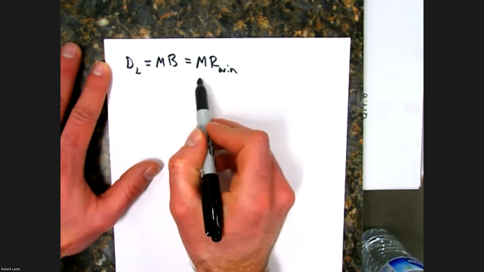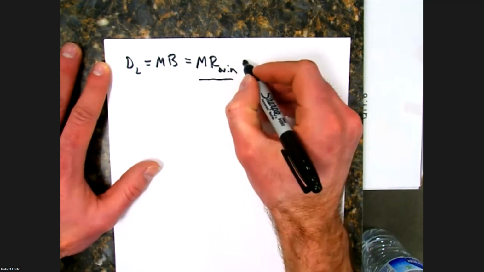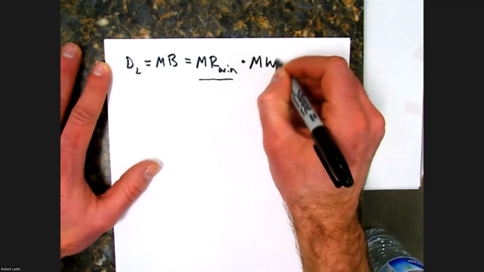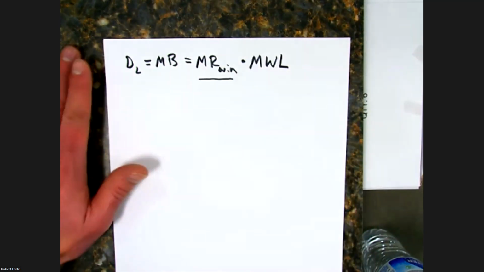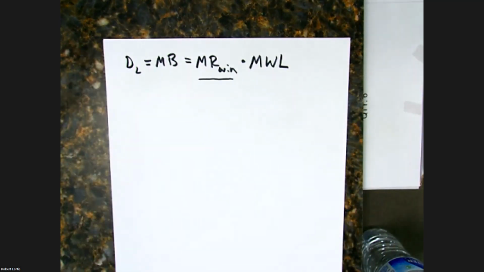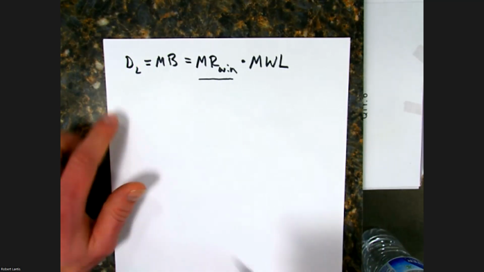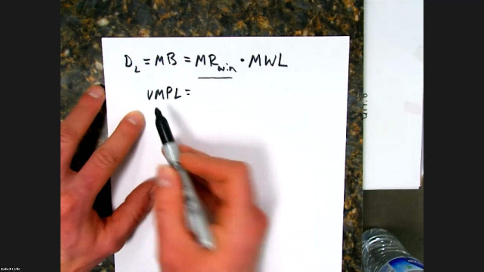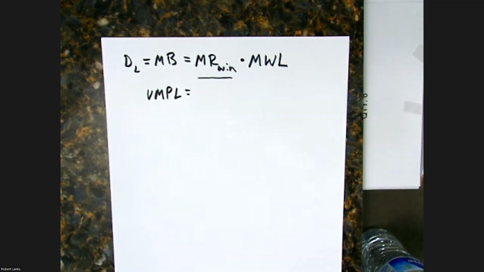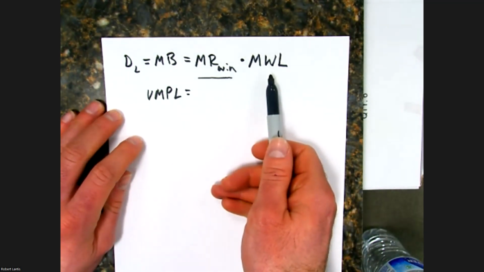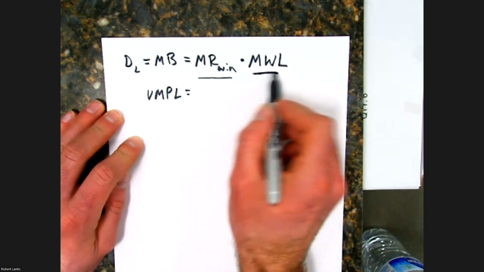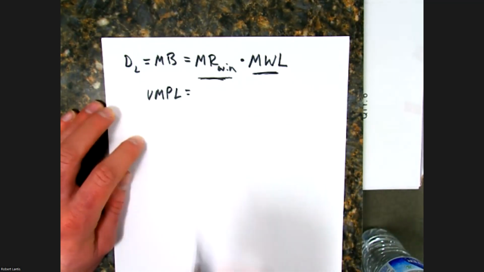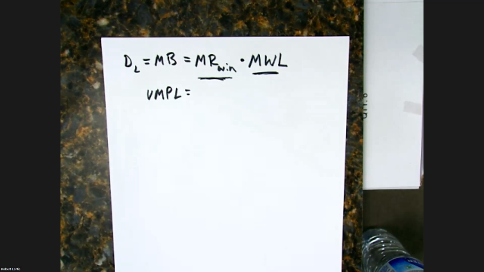Now, the problem is, here's the amount of money that's brought in for each win. I then need to multiply that by the number of additional wins that the player is going to add to my team, right? I think I'll have this in the slide, but another way we reference this is the value of the marginal product of labor from that worker. It's just that we're using slightly different terms because our product is wins, right? So it's the number of additional wins they're going to add times however much revenue I generate per win, right?